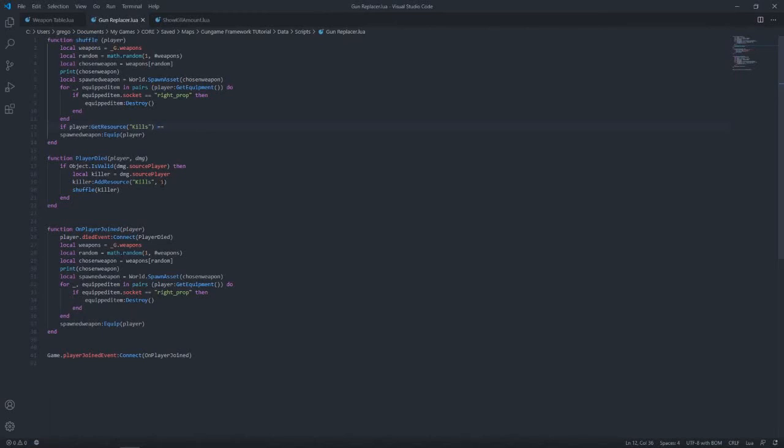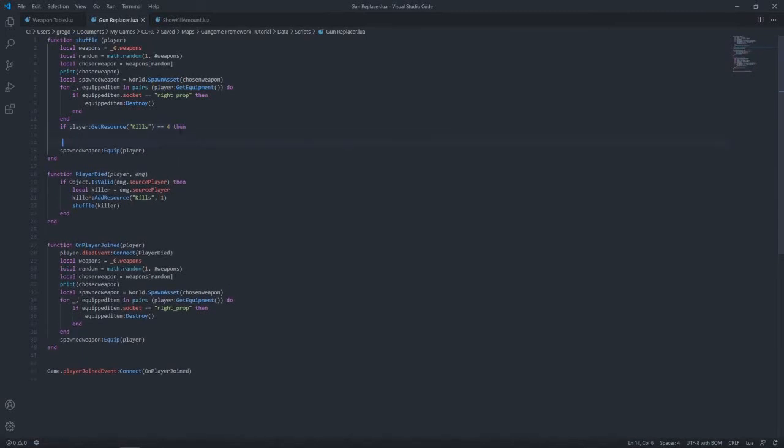You see here we set to 1. But actually it adds resource 1. Four, then it says one number lower than your kill limit. Then spawn weapon equals